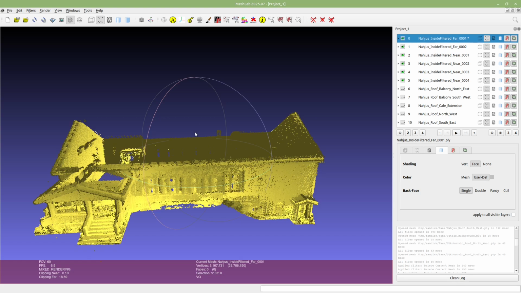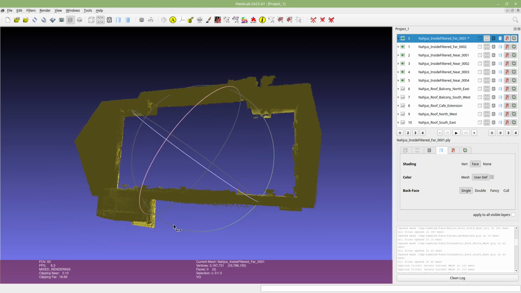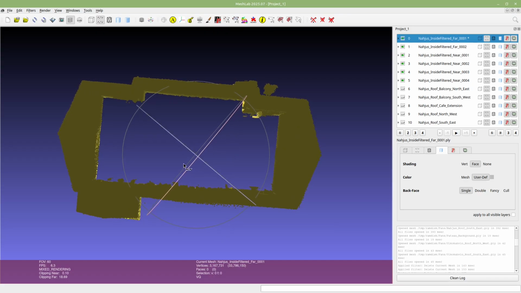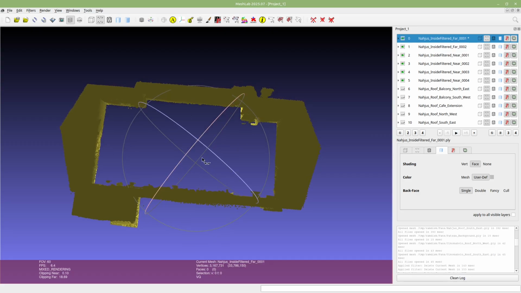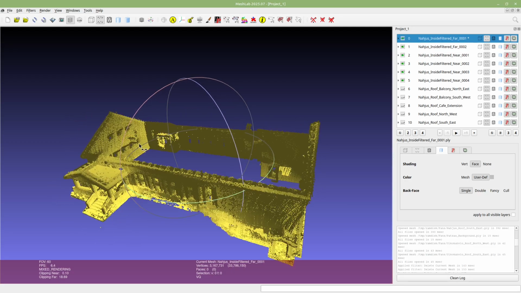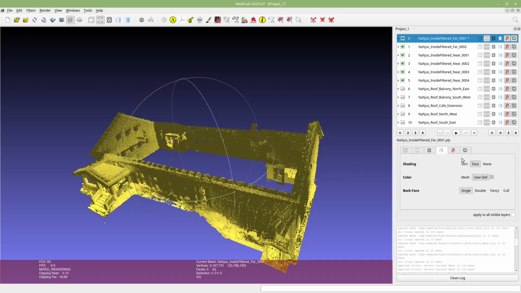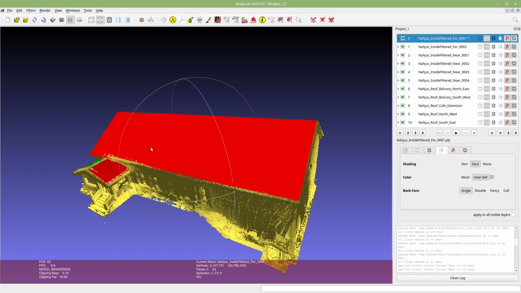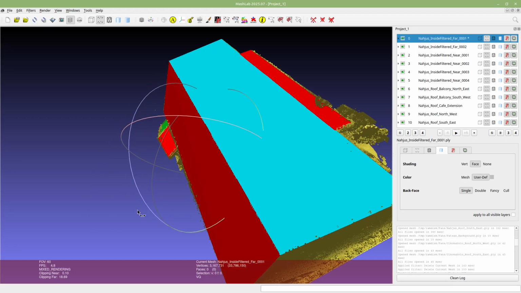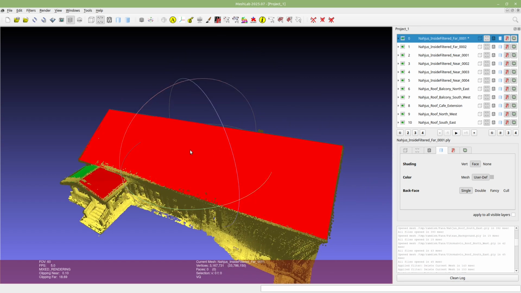Here's a bit more filtered point cloud of the building. So basically most of the points inside the building are now filtered out, and at the same time those few points measured from the roof are also removed. And about those roofs, it's possible to add planes to the roofs here.